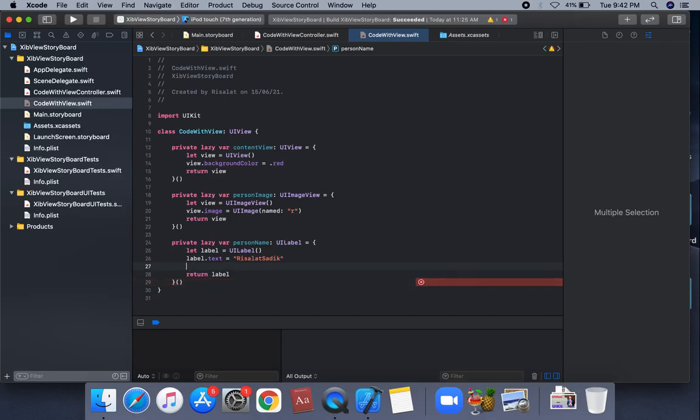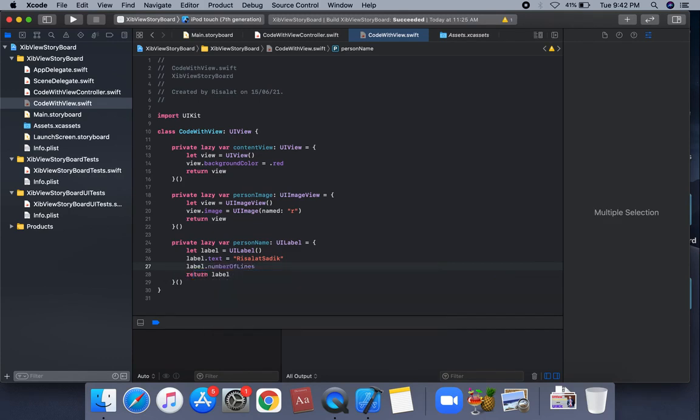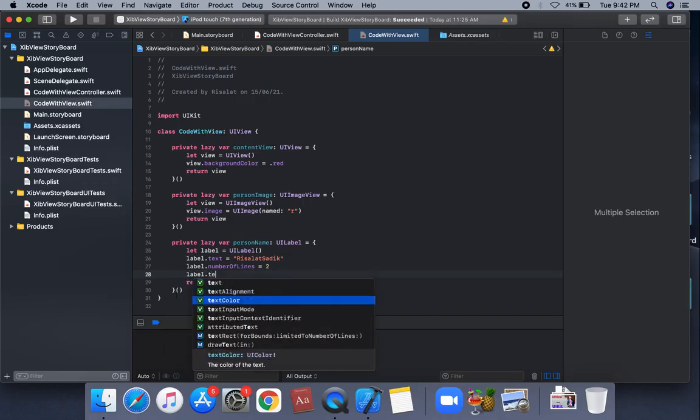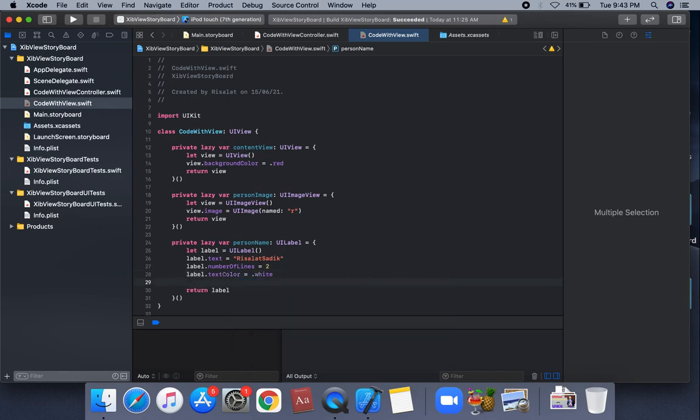So we're gonna apply the number of lines and text color. Label dot number of lines is equal to 2 lines, and label dot text color, which is text color dot white. And thirdly, set the font.